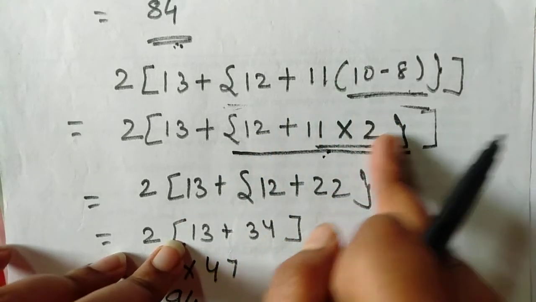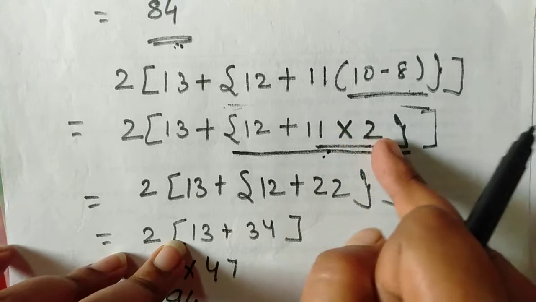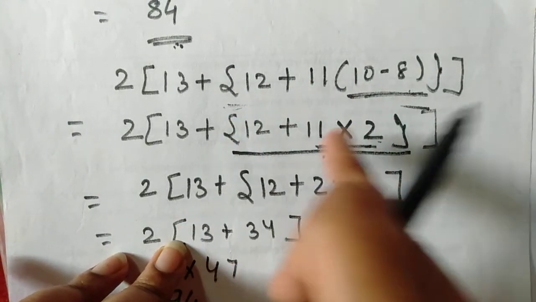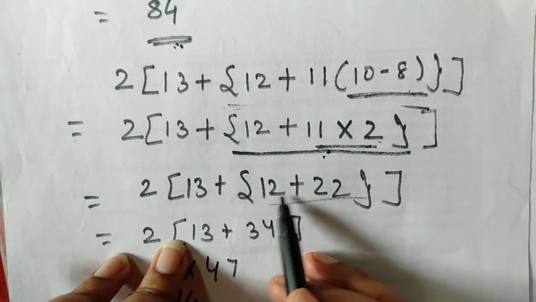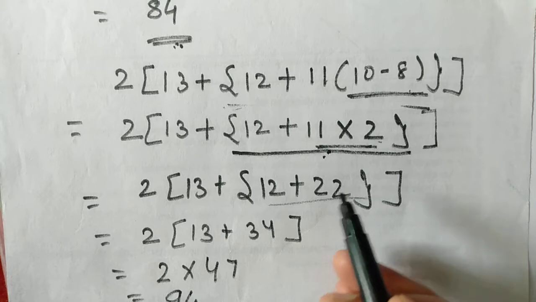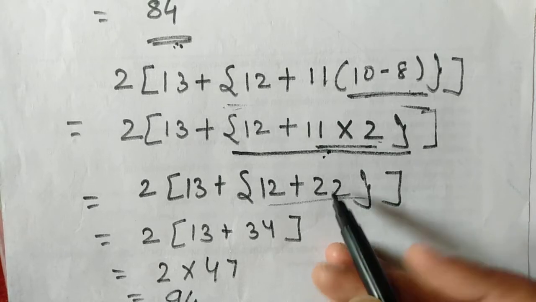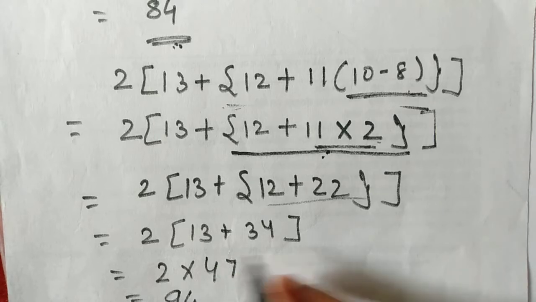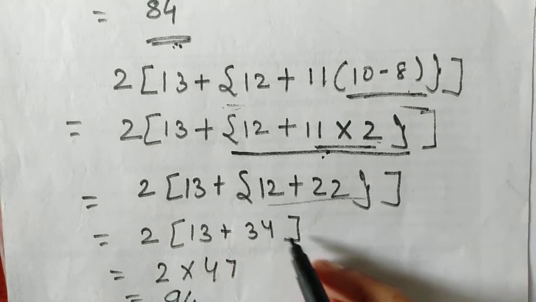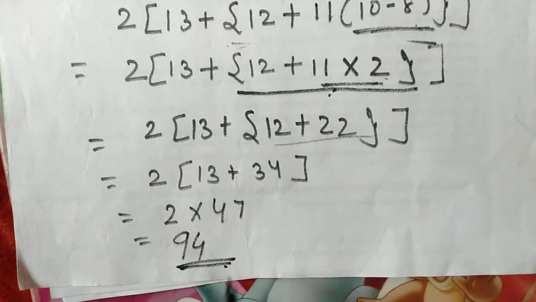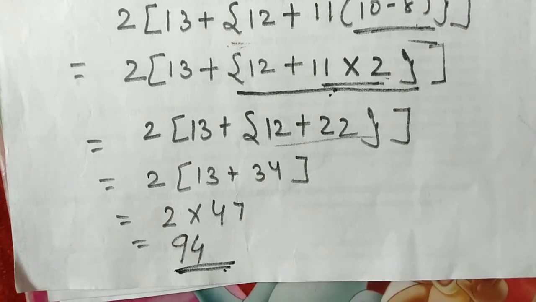So now next thing we will solve this curly bracket. यहाँ पर क्या है, 12 plus 11 into 2. So we know that multiplication we will solve first. 11 into 2 is 22. So 12 plus 22 हम यहाँ पे सॉल्व कर लेंगे. अब इसको सॉल्व करने हैं कर्ली ब्रैकेट को. 12 plus 22 is 34. What is your answer? Your answer is 34. So 34, 13 plus 34. 13 plus 34. लास्ट हमारा कौन सा है, स्क्वायर ब्रैकेट है, दैट इज 2 into 47. एंड व्हाट इज योर आंसर? योर आंसर इज 94. करेक्ट, गॉट इट?